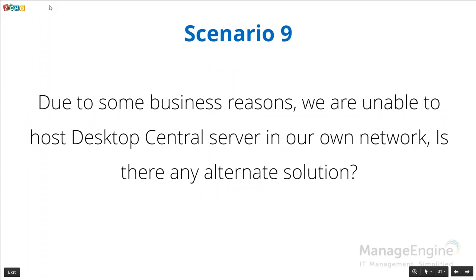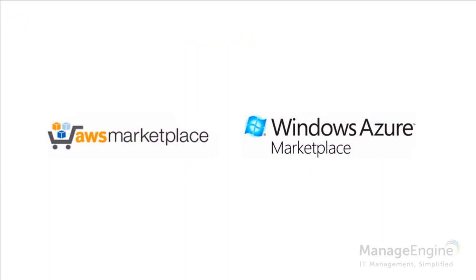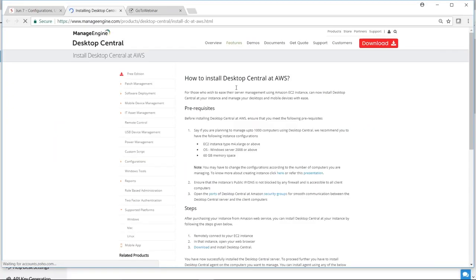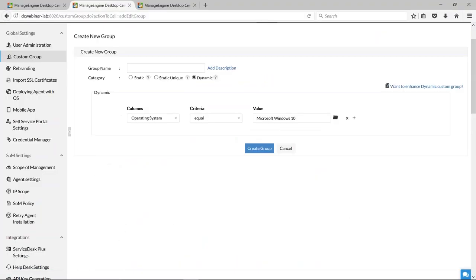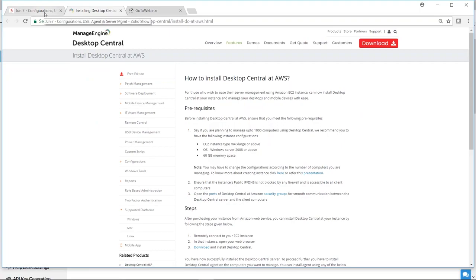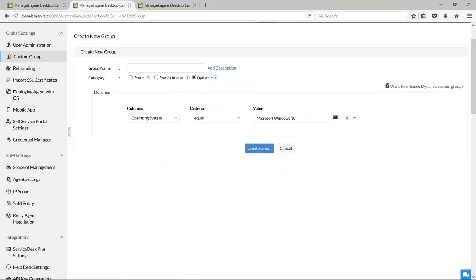Okay, due to some business reasons, we are unable to host Desktop Central server in our own network. Is there any alternate solution? Yes, definitely. As you know, Desktop Central is an on-premises application. If you'd like to host it in the cloud, we offer two different options. One is AWS with the Amazon Marketplace, which helps you with all the details about how to manage the machines in AWS. And you also have the option of another way,